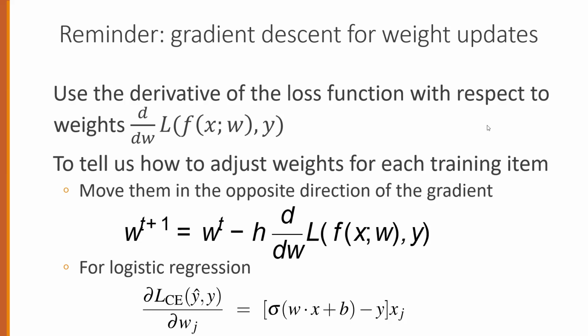The higher or faster learning rate means that we should move w more on each step. The change we make in our parameter is the learning rate times the gradient. For logistic regression, we saw that the derivative of the loss function with respect to one weight w_j, coming from input x_j,